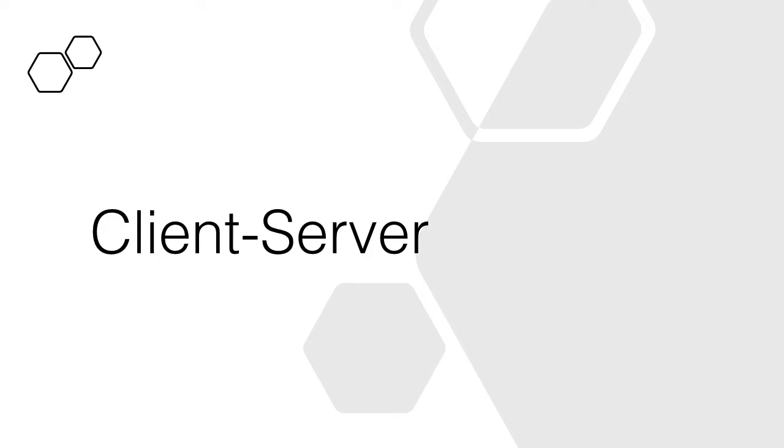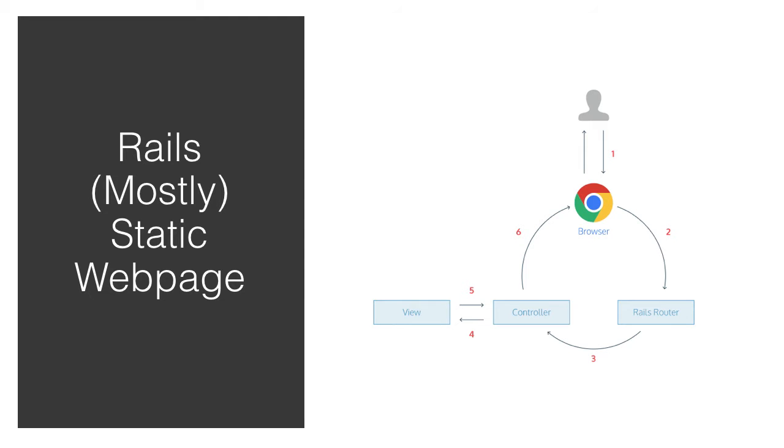Client server we've talked a little bit about already, but I just want to point out a couple more things about that architecture. As we're getting started with Ruby on Rails, the first thing we will be working on is a mostly static web page. It doesn't do a great deal, it's not interacting with the database, but it is a little bit different than the standard HTML call and response system that, if you've done any work with web browsers,